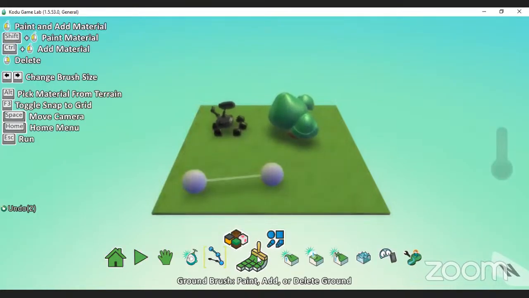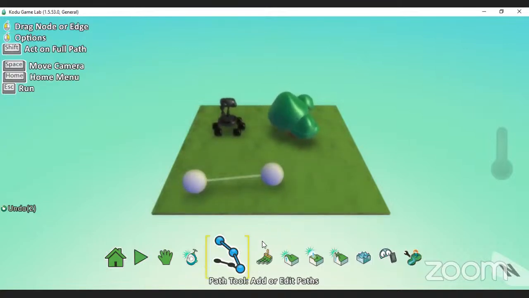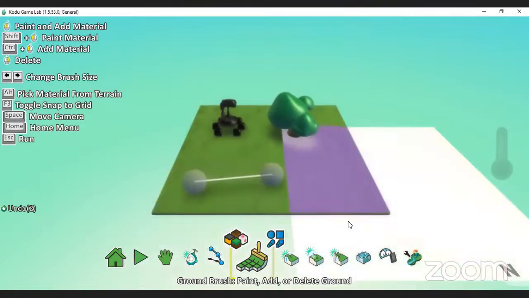The next one is the ground brush. This ground brush works like your paint. Learners like primary 1, 2 or 3 use paint, yeah. And color is very important when teaching kids, even nursery students. So this ground brush works like paint. If I want to paint, or create my scene or environment,